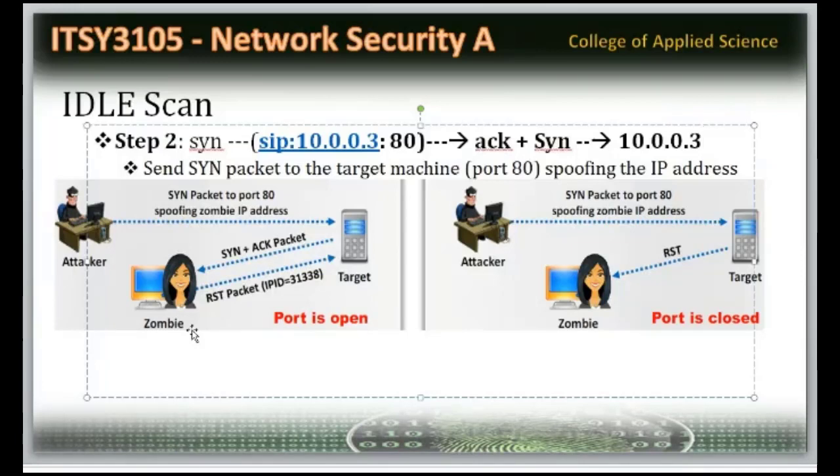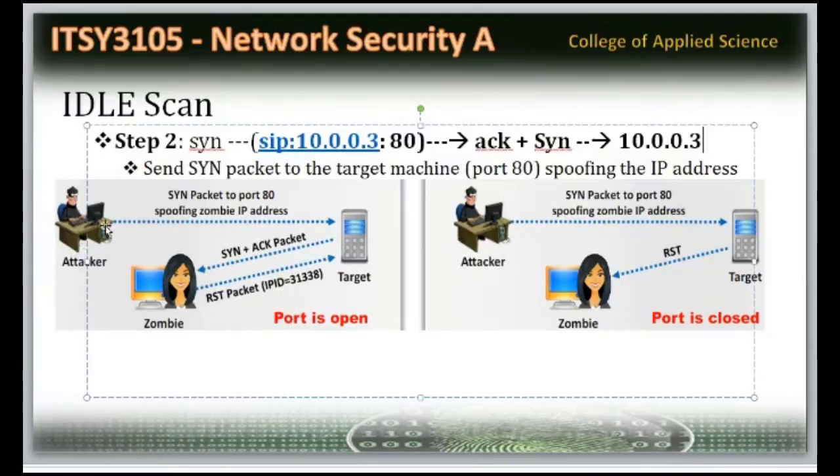I didn't give any acknowledgement to anyone. So I'm sending the reset again. Now this machine is getting your IP ID. So you see how the attacker is playing. In the previous case, the attacker is finding the IP ID, but now the attacker is giving the IP ID to somebody else.